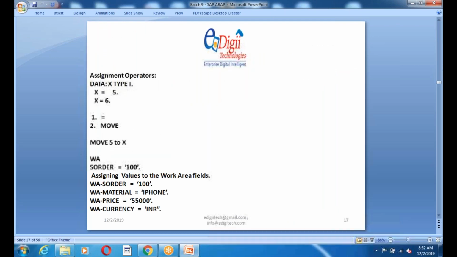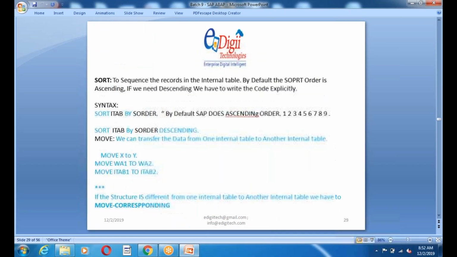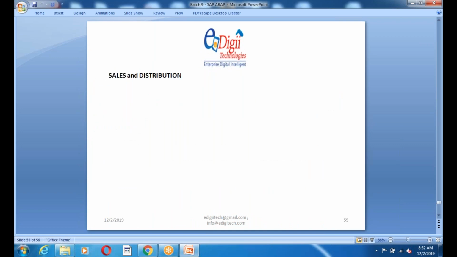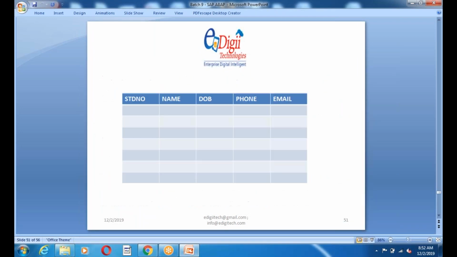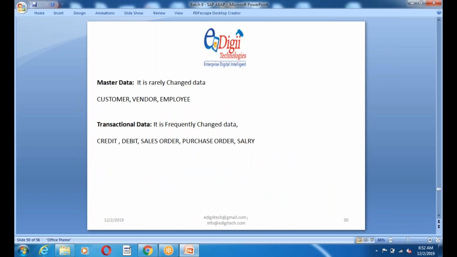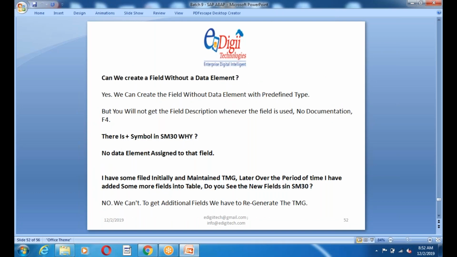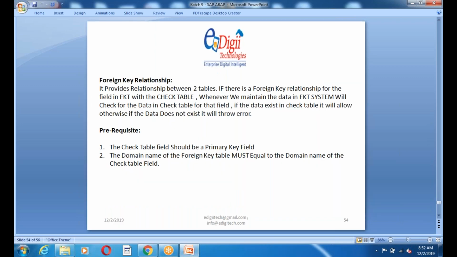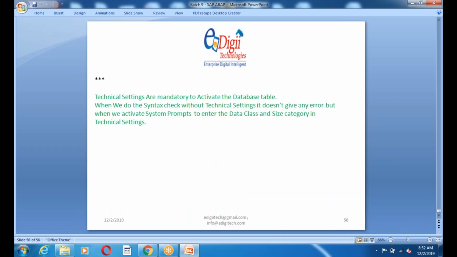So if you go to the last class, we have seen the foreign key relationship. So what exactly the foreign key relationship is, and whenever we have two tables.